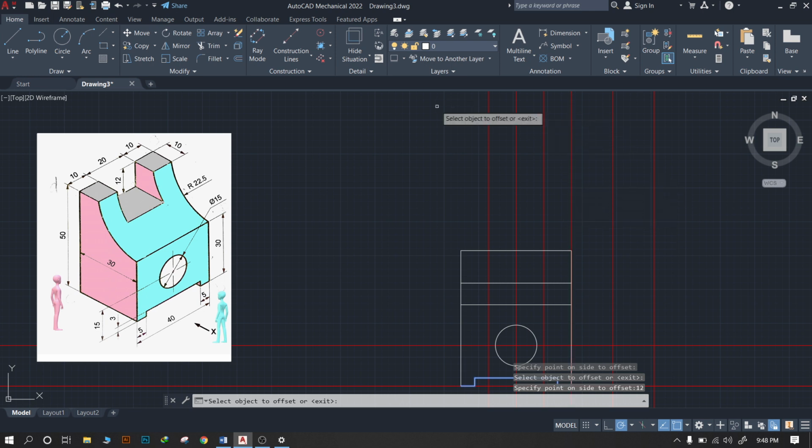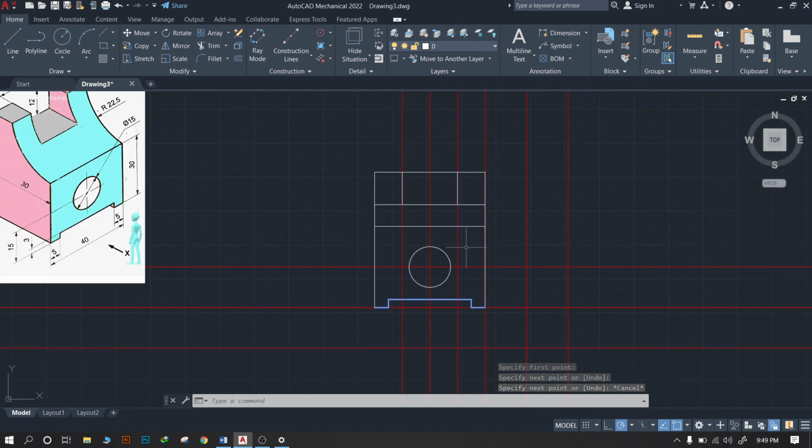As we know, we have to complete this slot by taking this point, by drawing the line between the intersection point of this construction line and the main line. By using the trim command, we have to remove the remaining unwanted lines from the diagram.